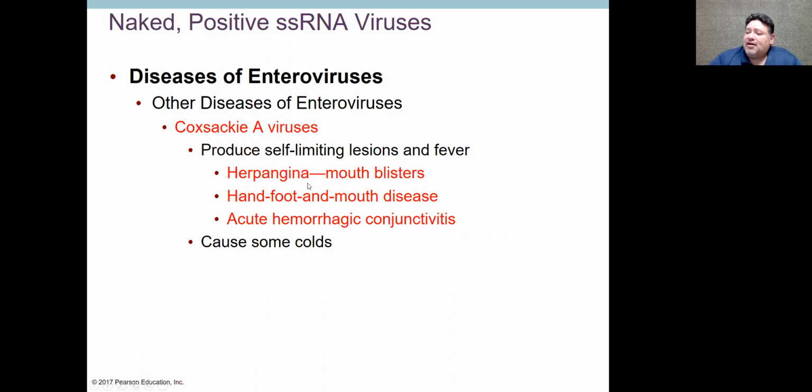Enterovirus A is responsible for producing these pathologies. So herpangina, which is of course mouth blisters. Hand, foot, and mouth disease is a type of zoonotic disease that is common among children and infants. And acute hemorrhagic